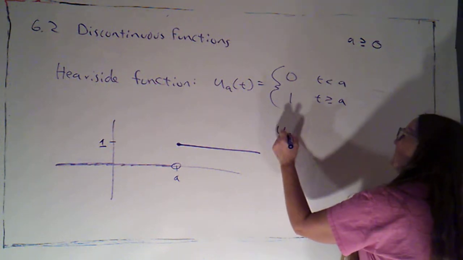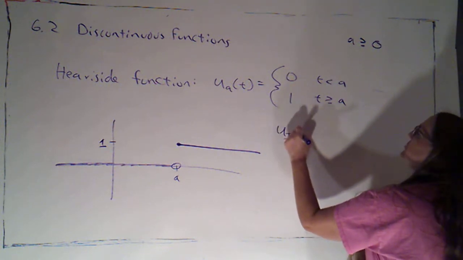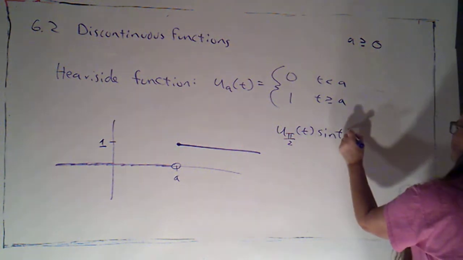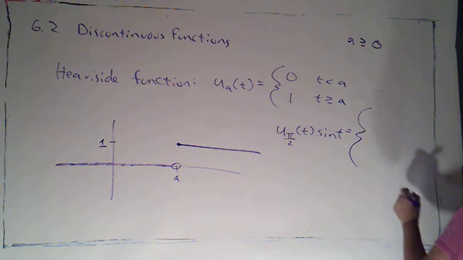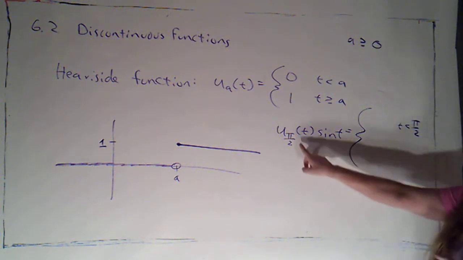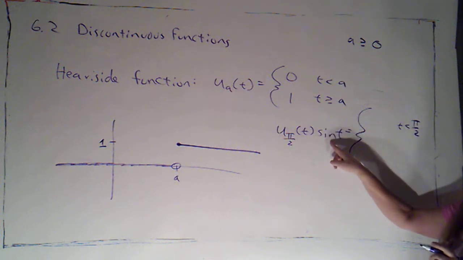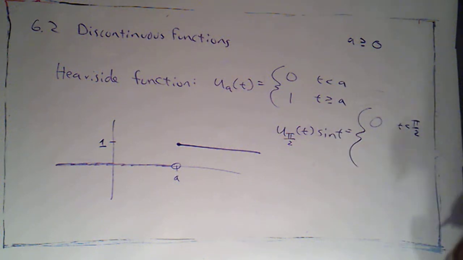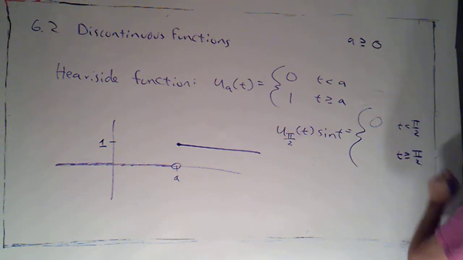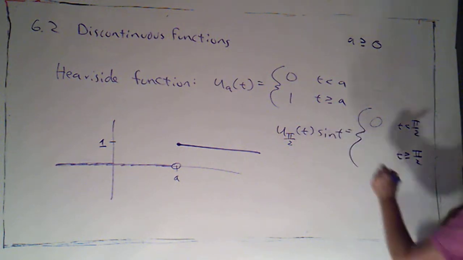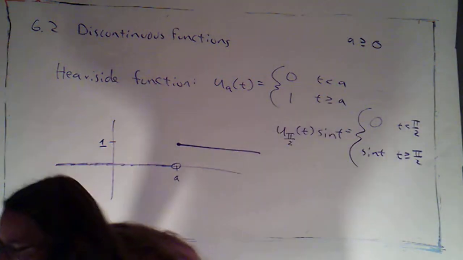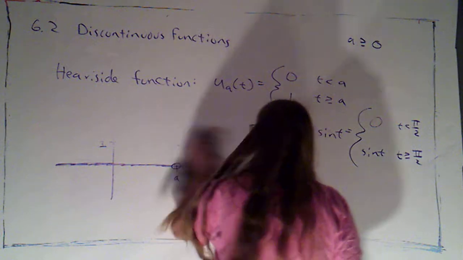Let's just take a look. If I had mu sub pi over 2 of t, and I multiplied that by sine of t, that's going to be a piecewise function. If t is smaller than pi over 2, I'm getting 0 times sine t, which is just 0. But once t is bigger than or equal to pi over 2, I'm getting 1 times sine t, so I'm just getting sine t. So if I take a look at what that would look like,